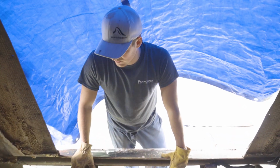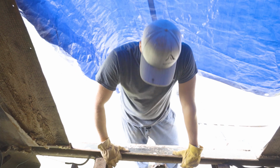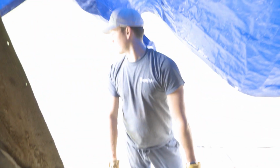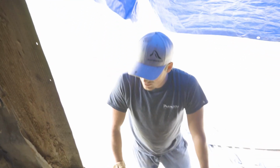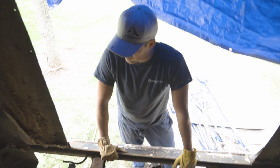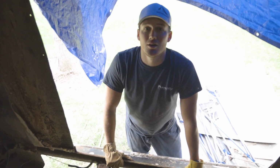I think we definitely have some cleanup to do. This is rust mess all over the ground. We're gonna have to vacuum the grass, throw our doors away, maybe just hack away at some of this other rust, see what's left here. But yeah,